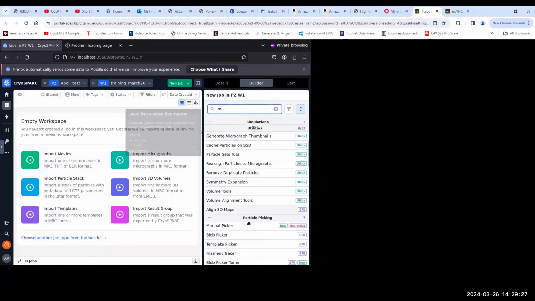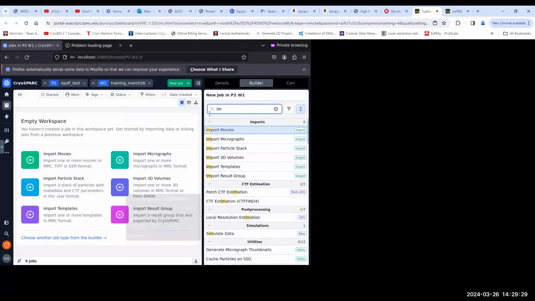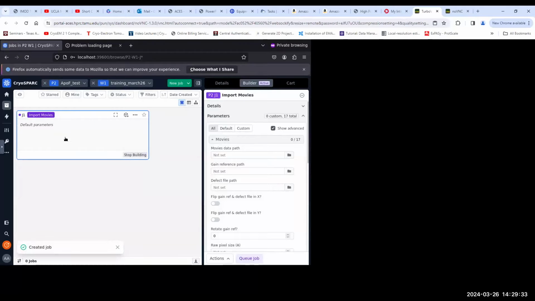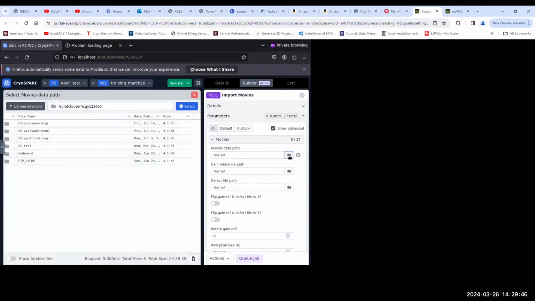You will see the list of the different available jobs. So I would say import movies, and then it will open up this tab. And here you can see that on the right side, it has different options. You need to define where your images or movies are. So you click the folder, you will see this, and then you go to the